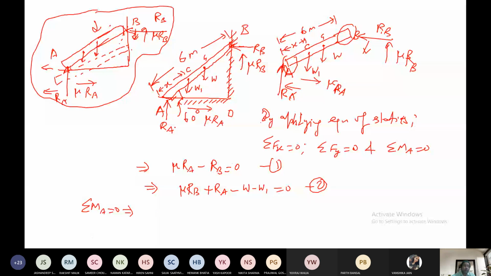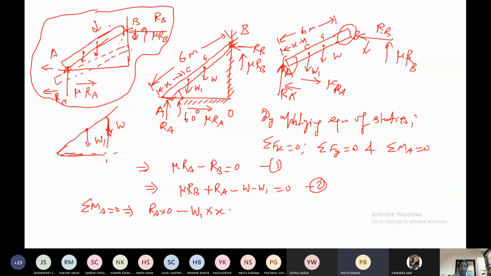So see, what is the moment at point A? Ra into 0, because there is no perpendicular distance. Now see here, minus W1 into how much? I am explaining it very carefully. This is the force here, this is W, this is W1. Now, what will be the perpendicular distance? If I draw it here, the perpendicular distance will be this one. Similarly, for this force, it will be this one. So this will be W1 into this distance, which will be X cos